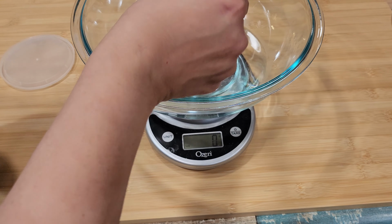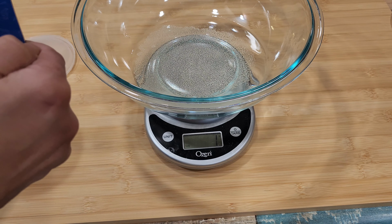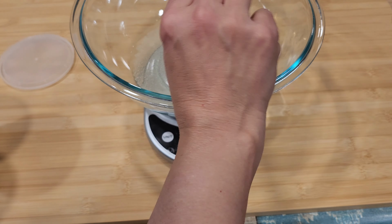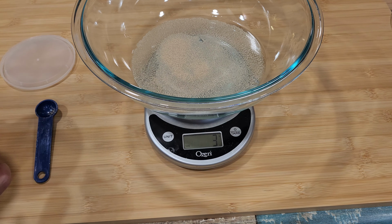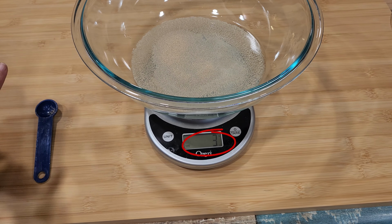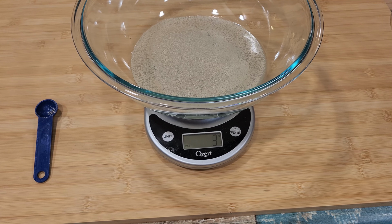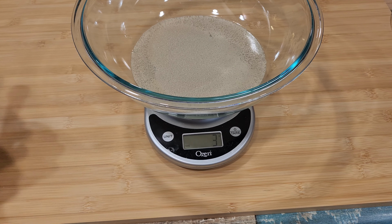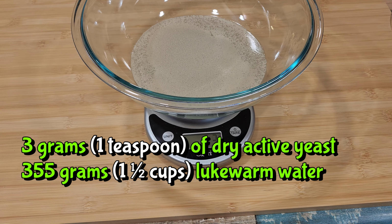Now, note some recipes you see might add less than a teaspoon, but then they refrigerate the dough for up to 3 days or they leave it out to ferment for up to 24 hours. If you use 3 grams like I do in this recipe, which is about a teaspoon, then your dough will be ready the next morning, 12 to 14 hours later. Both recipes work fine, but if you're following this easy recipe here, then measure 1 teaspoon or 3 grams of